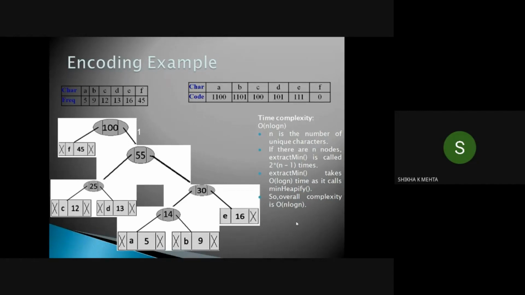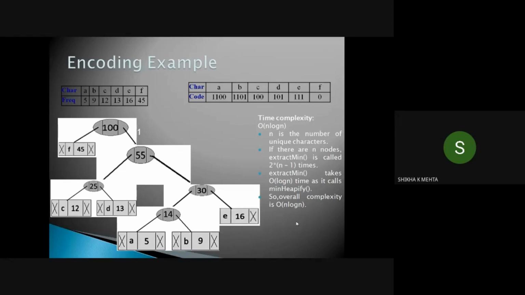Now we have 4 more nodes, that is 12, 13, 16 and 45. With the 14 added, the order becomes 12, 13, 14, 16 and 45. Next we merge C and D, because they have the minimum frequencies compared to 14.